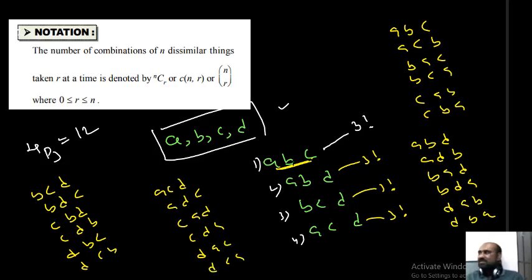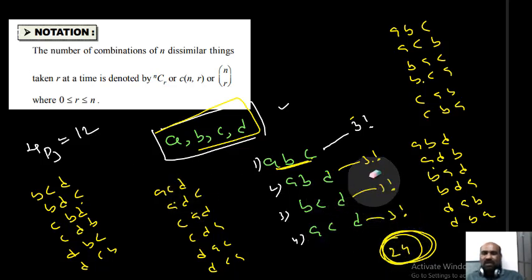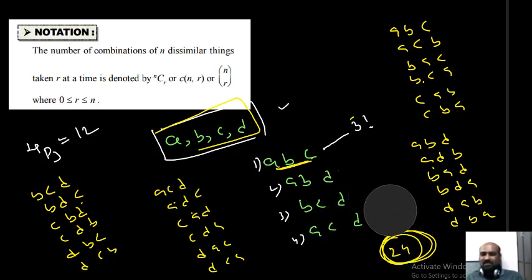What is the meaning of that? Each combination gives 3 factorial linear permutations. So all these combinations give 6 plus 6 plus 6 plus 6, that is 4 of them, total 24 linear permutations. These 24 linear permutations are nothing but selecting 3 from 4 and arranging in a row. However many we get, those are these 24. So observe here, students.